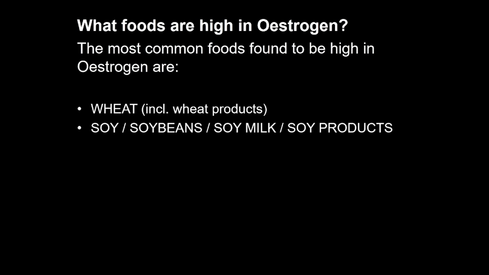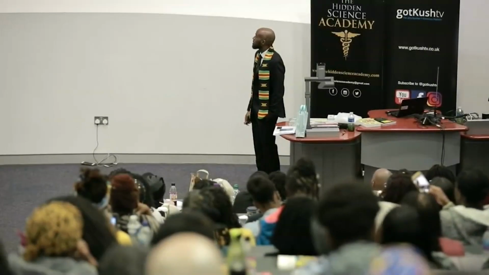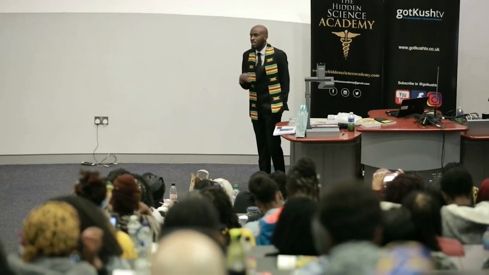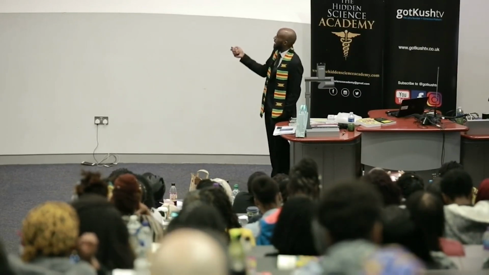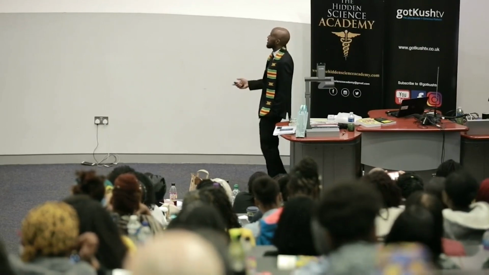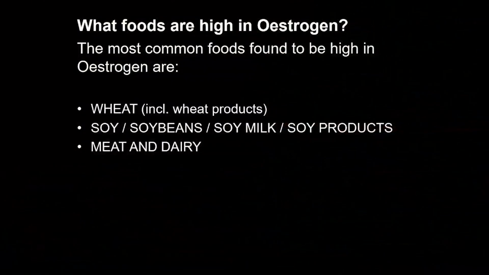So all the people that think, oh yeah, no, I'm healthy, now I'm vegan. Most of the vegan products are made from soy. So that's why sometimes, people ask me, am I vegan? I'm like, I'm not a vegan, because there's confusion there. A vegan will think that they're healthy and they're eating a lot of soy products. It's high in estrogen, yeah? Meat and dairy. Don't get angry with me, it's science. Not according to Leo Marshall, according to science. Meat and dairy is high in estrogen. Why? Well, because the animals, they have estrogen. So, and then they're going to inject them with more to make sure that everyone has a hormonal imbalance. Alcohol.